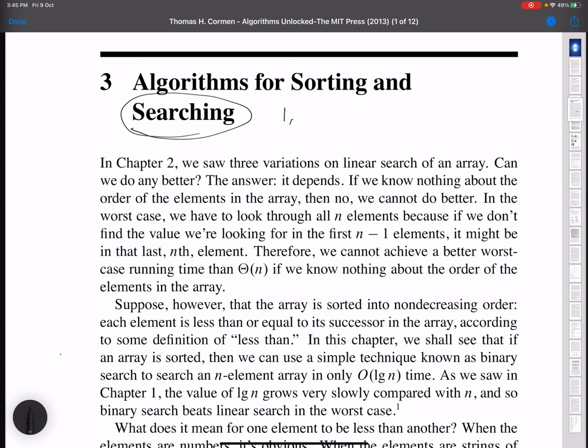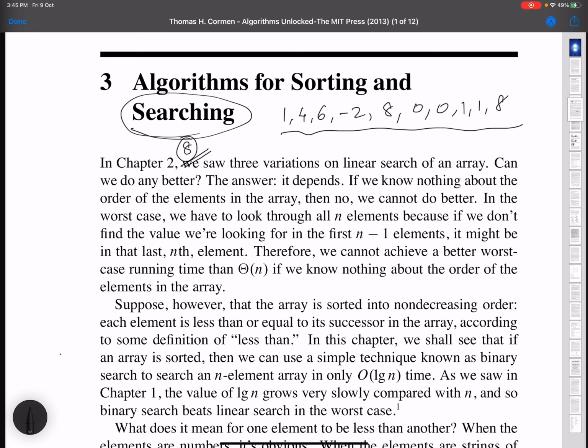Suppose we have the elements 1 4 6 -2 8 0 0 1 1 8. Let's suppose all these numbers are here. So this is my set of numbers, and we are interested in finding the element 8. What we mean by that is we have to locate the element 8 in this set of numbers.